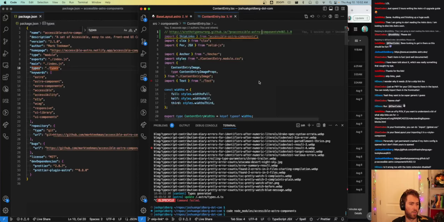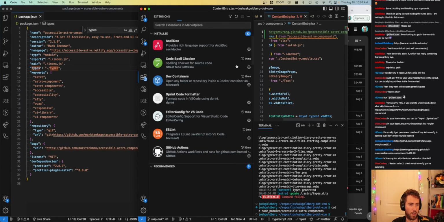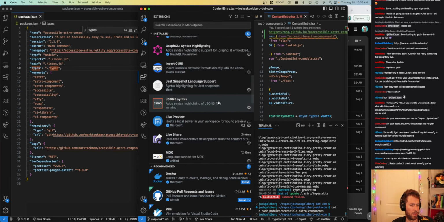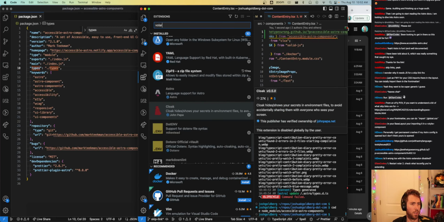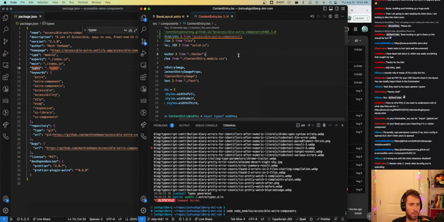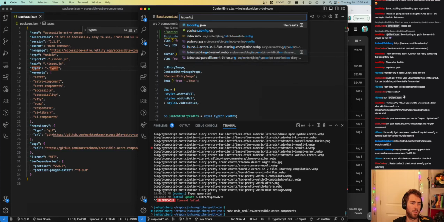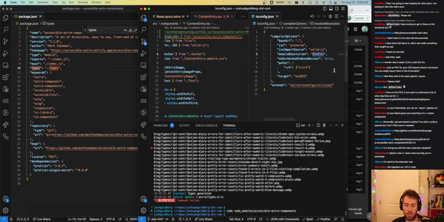I don't think this would change anything. Volar. Is Volar being used here? I don't think I have Volar. But yeah, I've got the strictest of the TS configs. I did turn off no unchecked index access, but I've set my module resolution to bundler. Oh, that's cool that you migrated to Volar. I saw they were doing things and then I did not look at all at what they're doing.